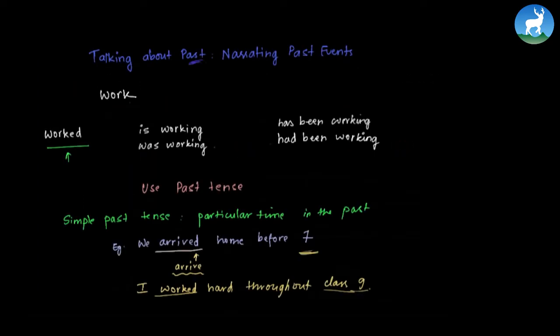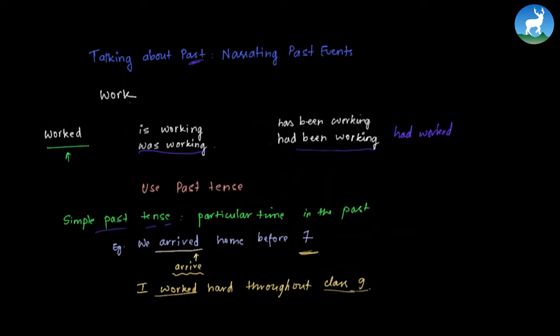So let us revise one more time. We're talking about the past tense, where work, the present tense is working, and the past continuous is was working. Had been working is the past participle form. We also have had worked, which is the perfect form. Now the use of the simple past tense is when we talk about a particular time in the